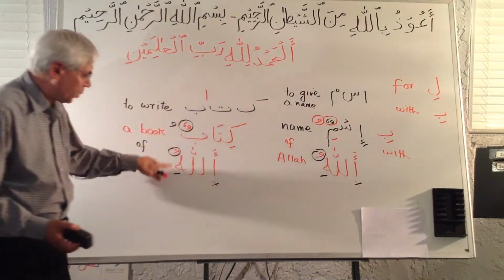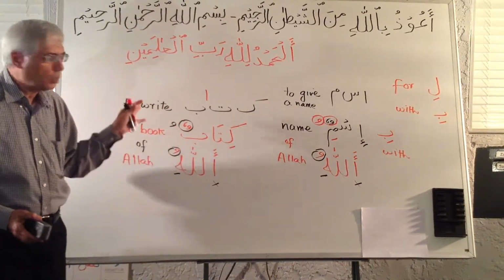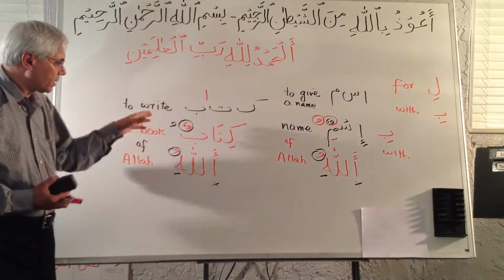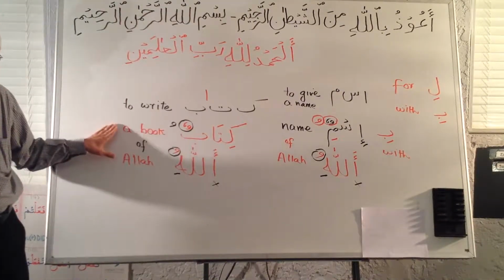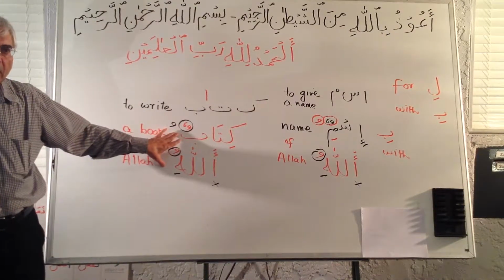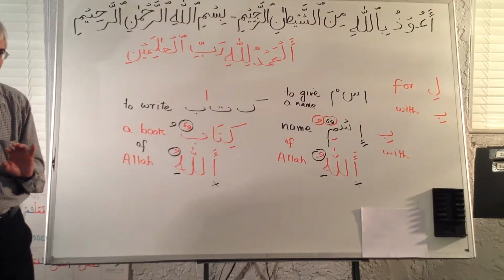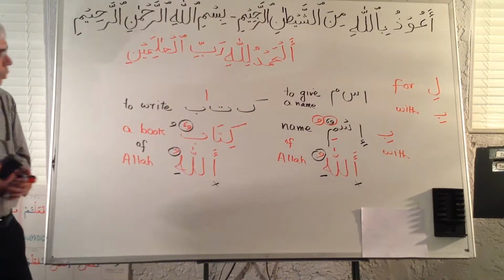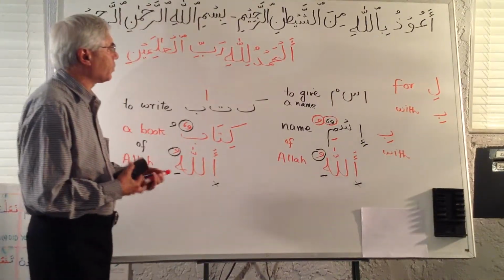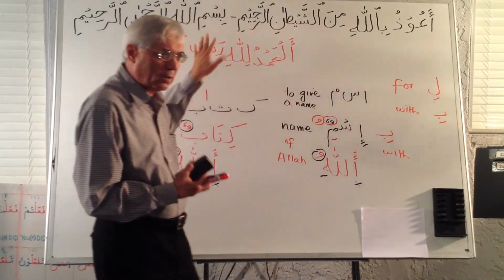Now, this is important. Just remember this rule. This rule is going to repeat almost in every ayat. And once we understand how we combine two nouns in English and how we combine them in Arabic, these are the changes that take place in Arabic. So these two. Now let's take two more words from here. Maybe we should just go to these two words, and then we'll go back and forth.